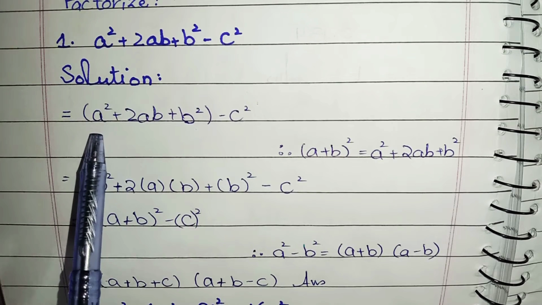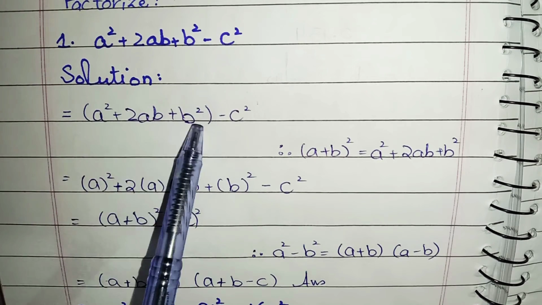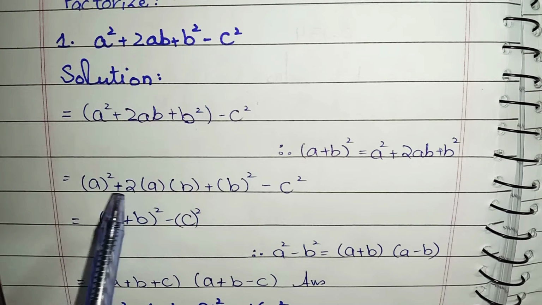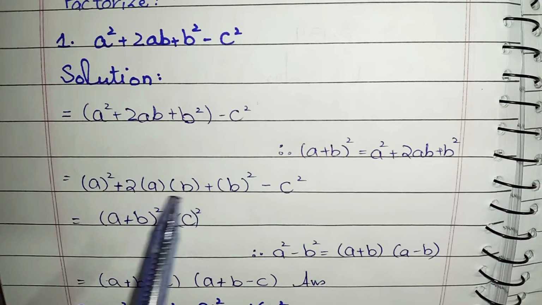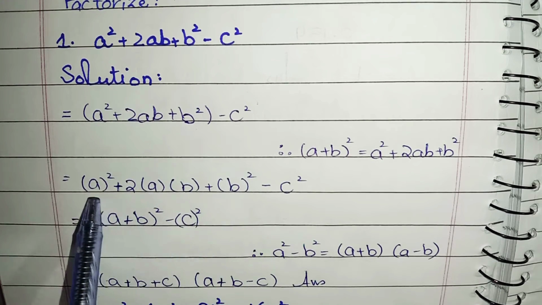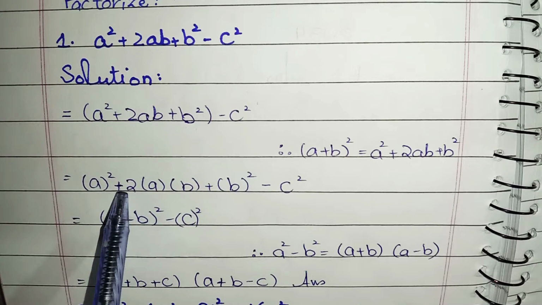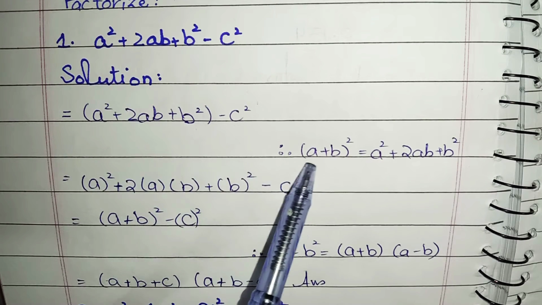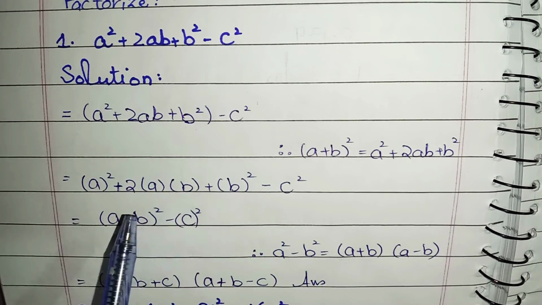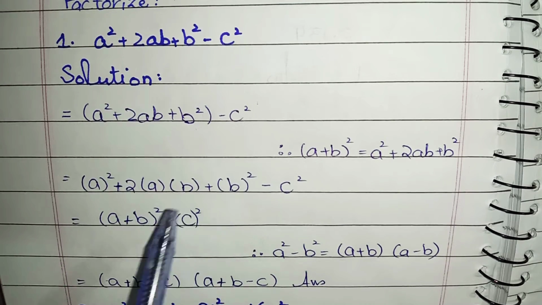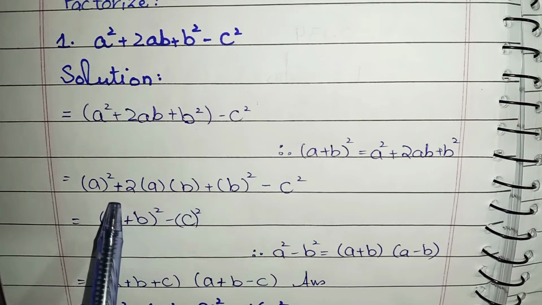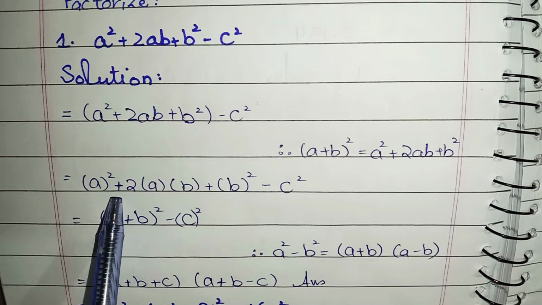As you can see, we will build up the square of the first and third term. Here is the square of the first term, a whole square, b whole square. Then we will write our middle term as it is, plus 2 of the formula, first term into second term, and minus c square we will write as it is. As you can see, we have two terms having square on them and having plus in between them, so we will use our formula a plus b whole square is equal to a square plus 2ab plus b square. When we close our formula, we will write our first term a and third term b, then in between them we will write the sign which is with the formula 2.